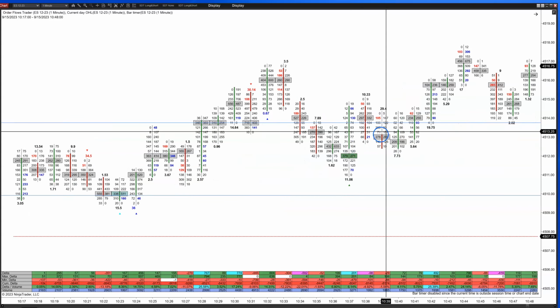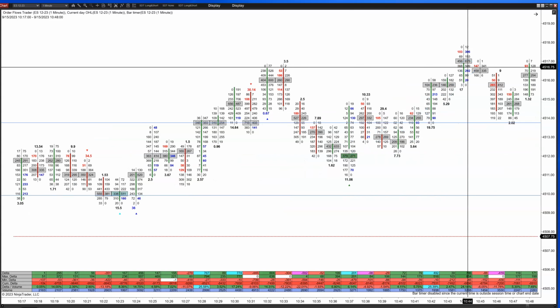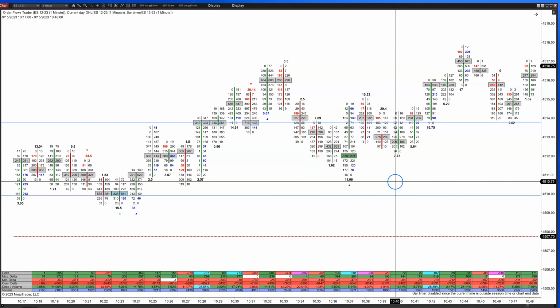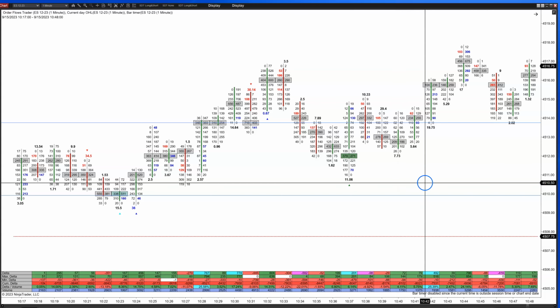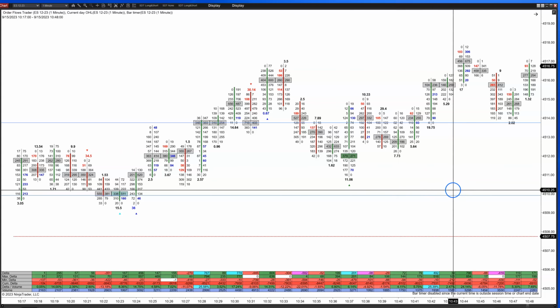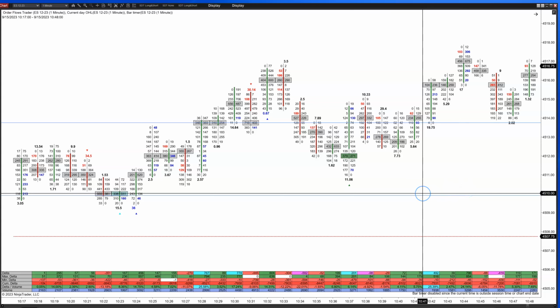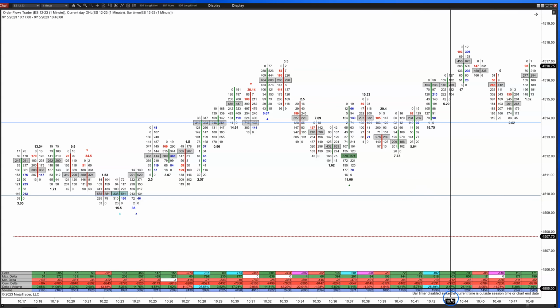Okay. And again, every time it looks like it's about to break out, you're not getting that sort of strong buying coming in. I mean, you get the one bar with nice positive delta, then a bar with small delta, then another bar with nice positive delta. What you want to see is sort of that continued positive delta, right? 492 and then just 39. If this was 390, I'd be more